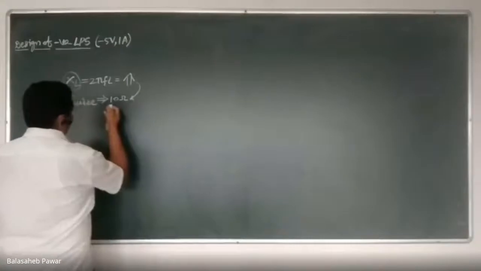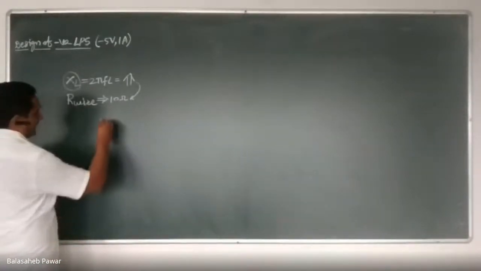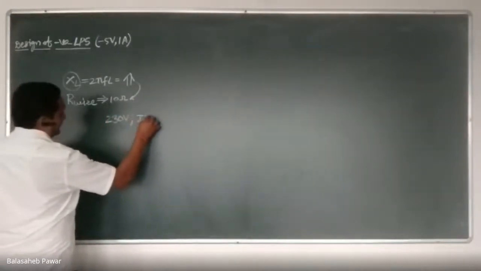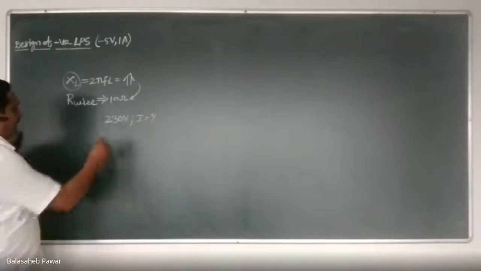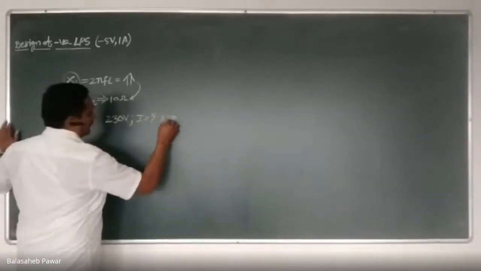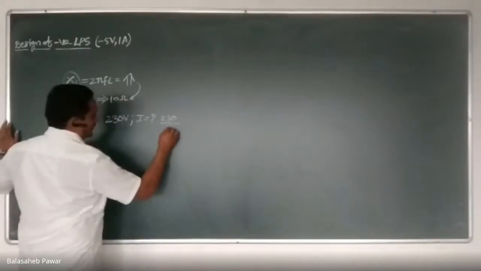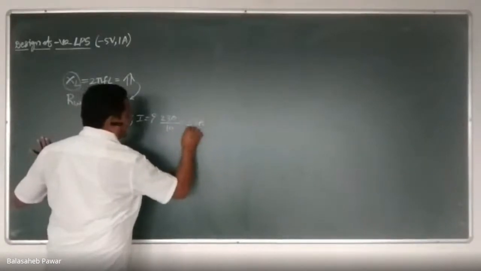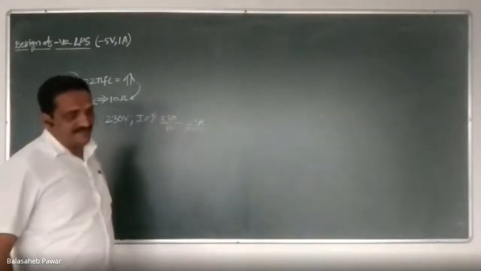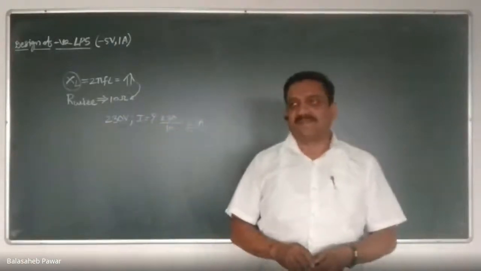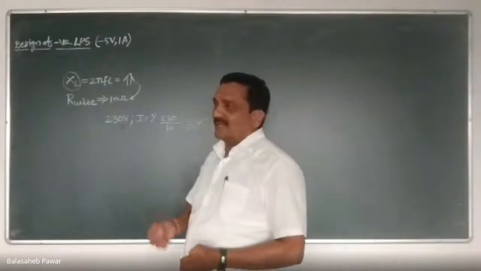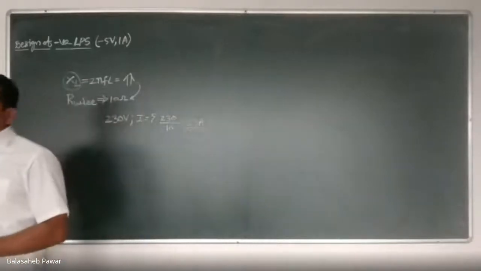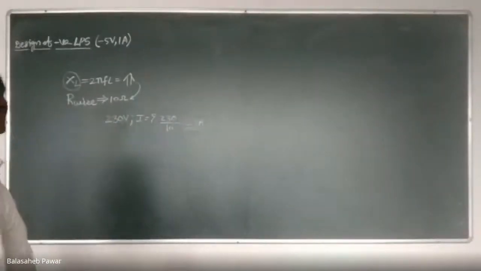You can calculate: if that wire offers 10 ohm resistance and it is just threaded, and it is powered by a 230 volt AC supply, then V equals IR, so I equals V divided by R, that is 230 volts divided by 10 ohm. The current flowing will be 23 amperes. This 23 ampere is a very huge amount of current, remember. As that primary wire is very thin, such a huge current will damage it immediately. Is it clear now to all?